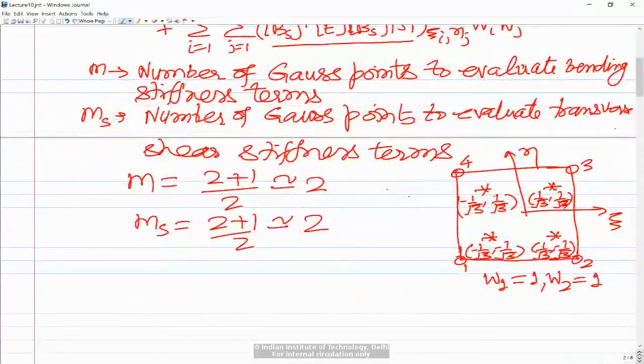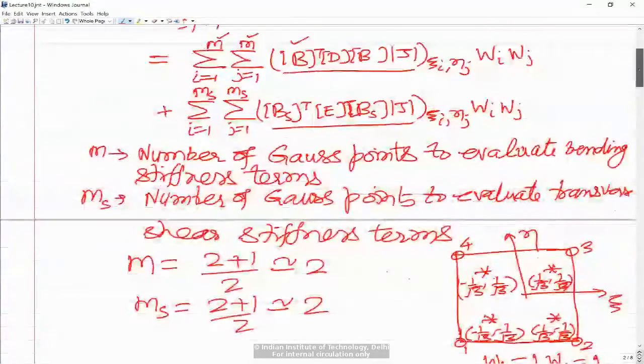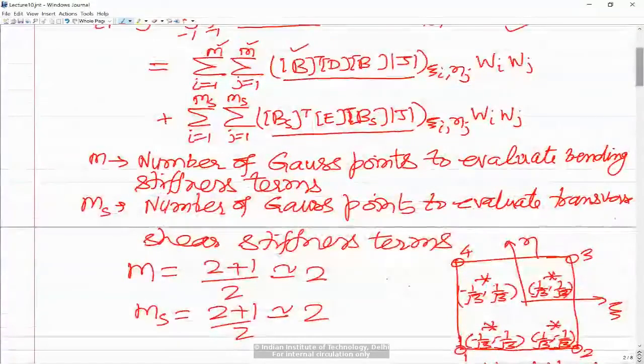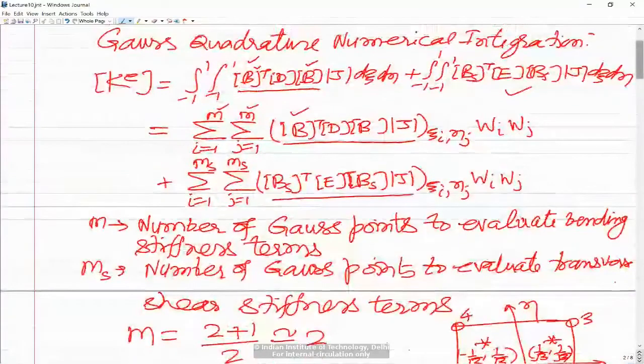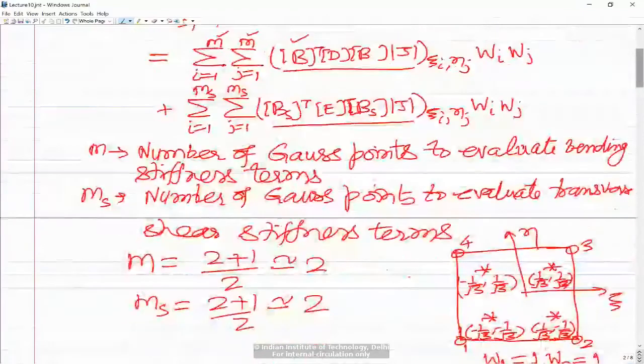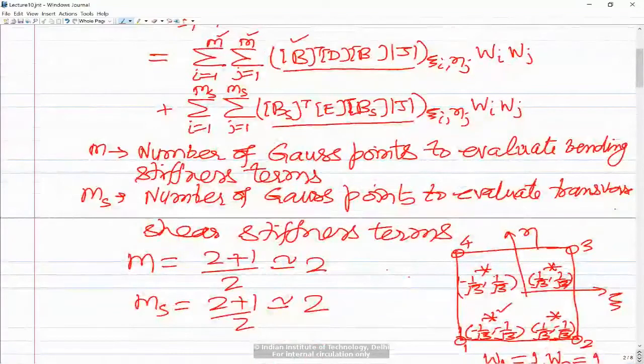So this means that you have to evaluate, at each Gauss point. You start with, let us say, this Gauss point. Evaluate your shape functions, derivatives of the shape function, Jacobian and everything at this point, then calculate B at that point multiplied by w1 and w1, then add. Then evaluate this whole quantity at the second Gauss point and add to the previous one, then evaluate it at the third Gauss point, that is this Gauss